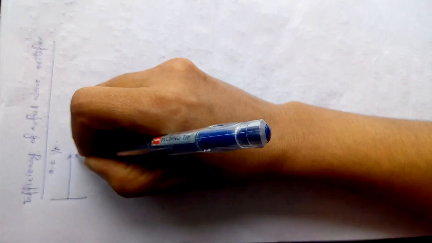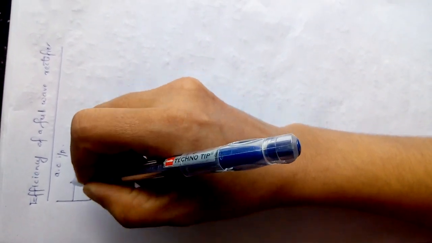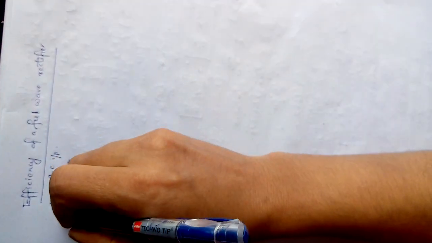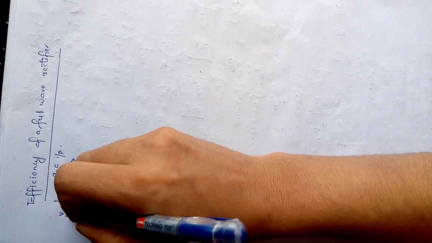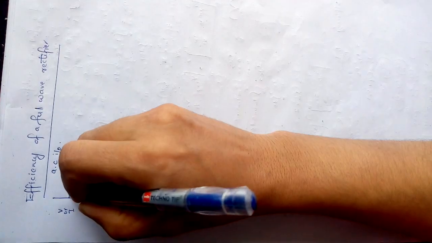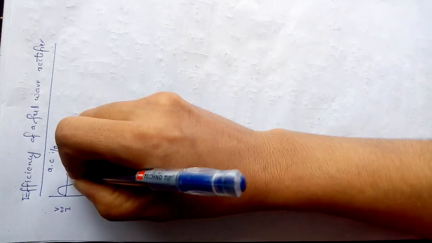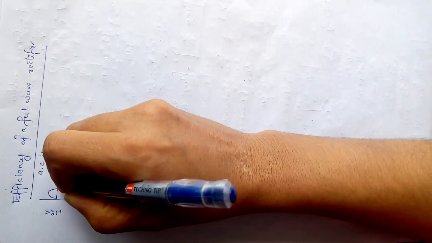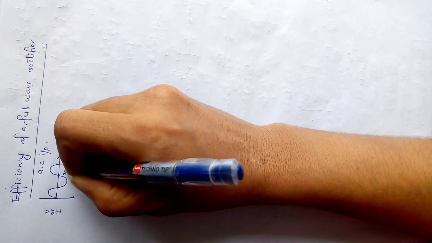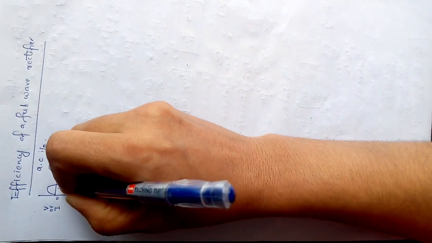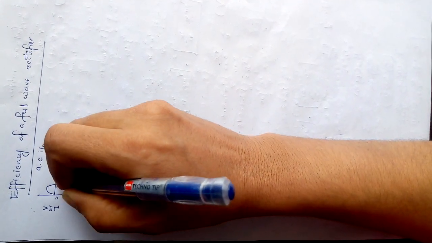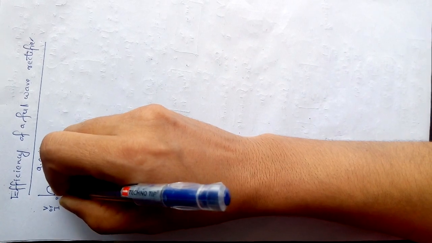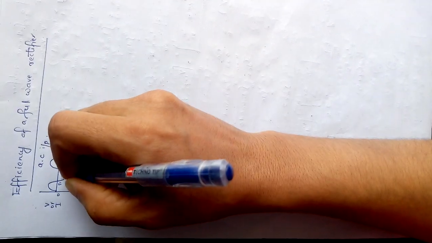rectifier. An AC can be represented like this. Along the x-axis you can mark time, and along the y-axis you can mark either voltage or current. And the graphical representation of an AC will be like this. That is, the period of this AC is 2 pi, and during the interval 0 to pi it is the positive half cycle, and pi to 2 pi it is the